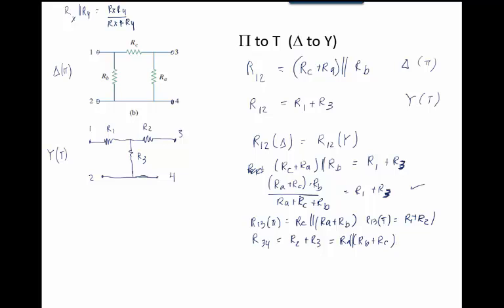Okay, you do some ugly equating these two together, you get 3 expressions and 3 unknowns, and then you have to do some substitutions and solve for R1, R2,